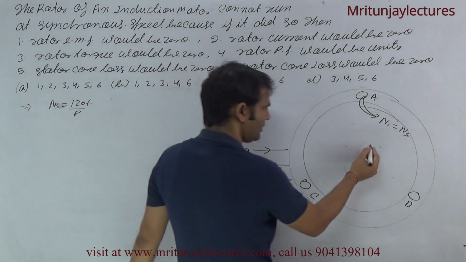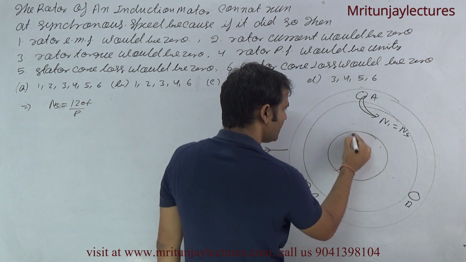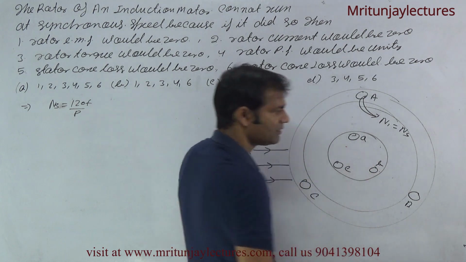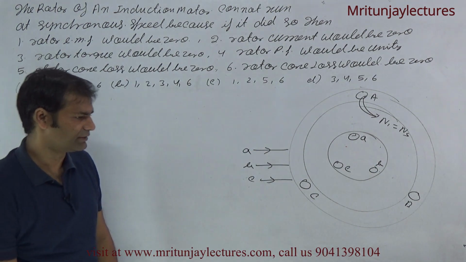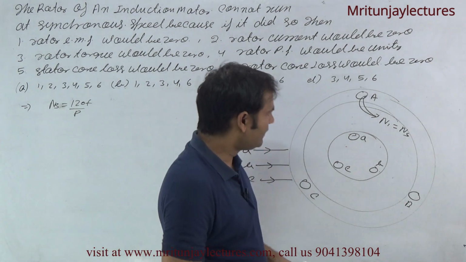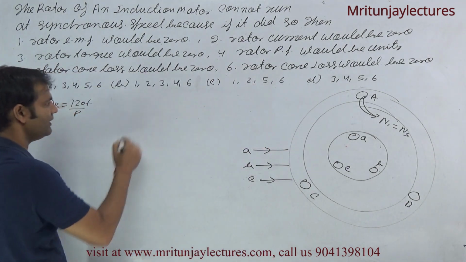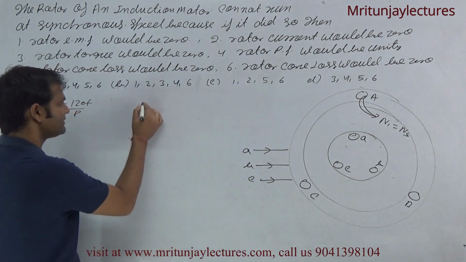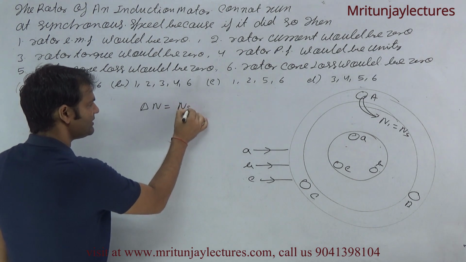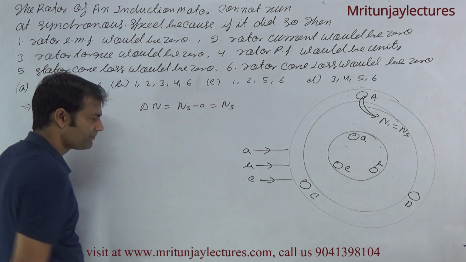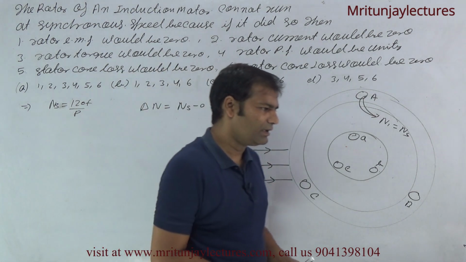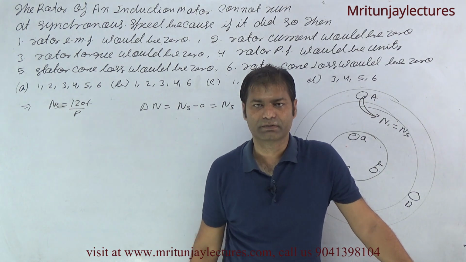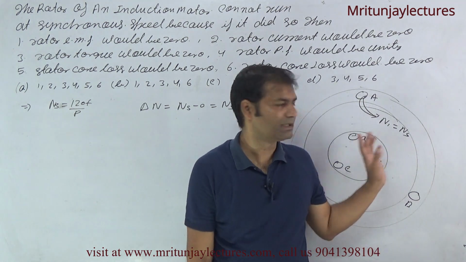Now, that is the rotor. Three-phase balanced winding corresponding to the rotor, that is A, B and C. If the three-phase balanced windings are short-circuited, now initially the relative motion between stator field and rotor conductor is NS. Delta N is written as NS minus 0, initially that is NS. Now I know that relative speed occurs between rotor conductor and stator field. Stator field means NS, like this one.